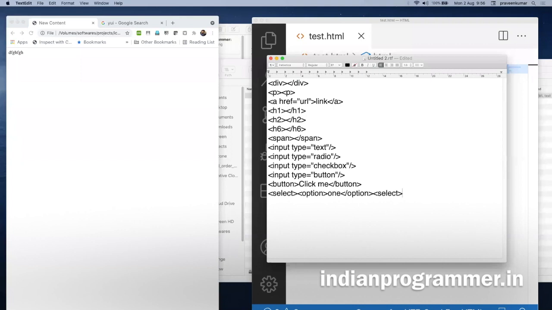Okay, select is the drop down for our application. Here option one means I will show you the demo, but for now just understand that select is like a little drop down in our application. Okay. Apart from this,